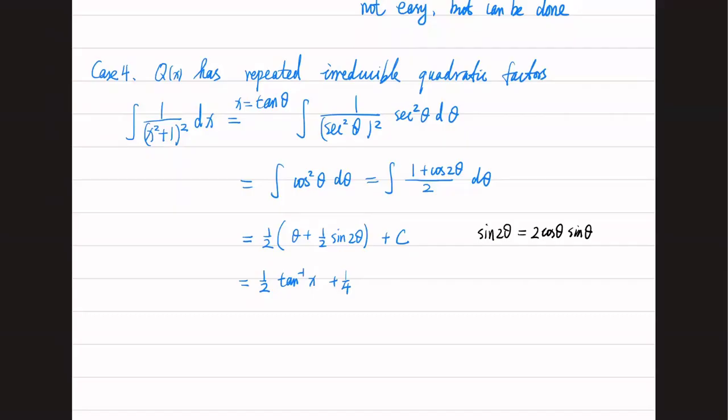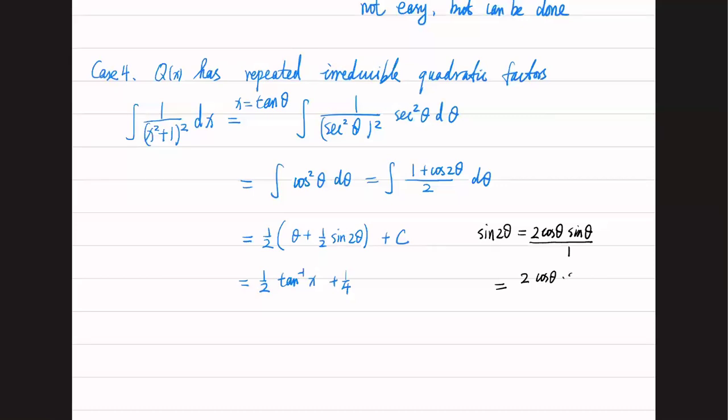We want to convert this to something in terms of tangent. For this purpose, I'm going to divide everything by 1. That's the same. Divide by 1. Then I will switch this 1,